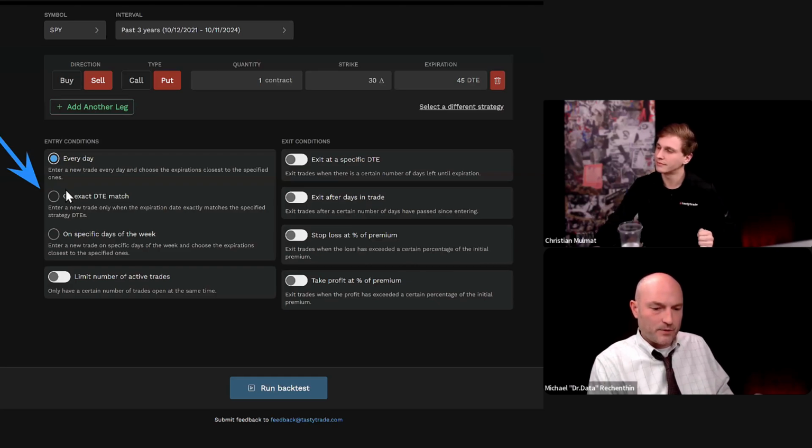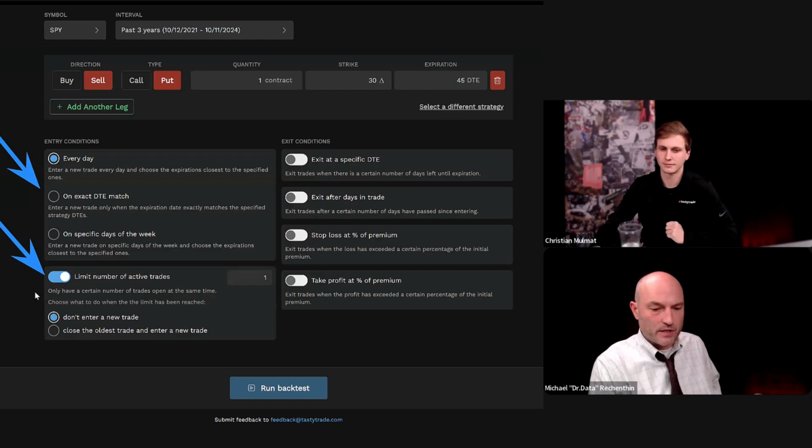Exactly. To do it a little bit more realistic, we could just say, okay, I want to limit the number of active trades. So we can just click and put this as 1. So we want to limit this to 1 trade. And we can also say, we're choosing the closest to 45 days, but only in this particular strategy. So if it was a 43 days and you had a 55-day expiration, it would choose the 43-day because it's